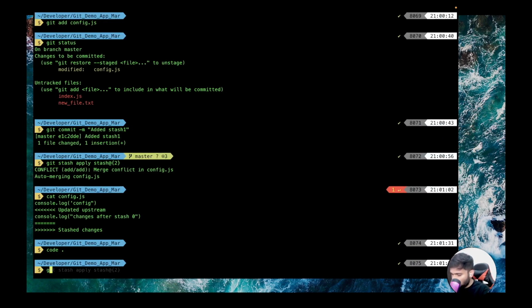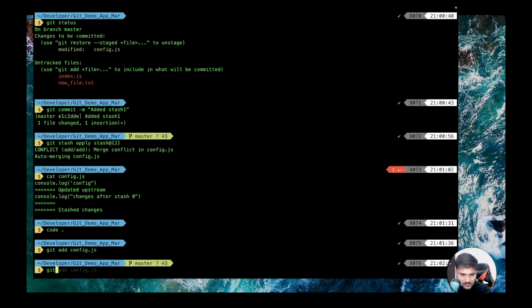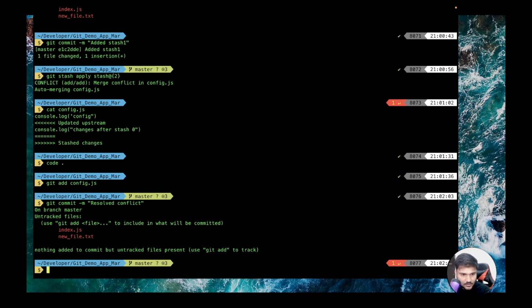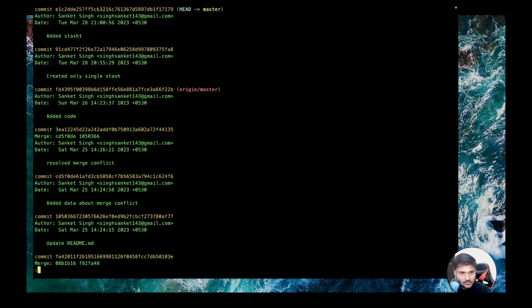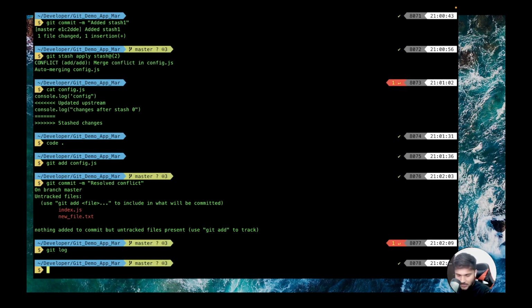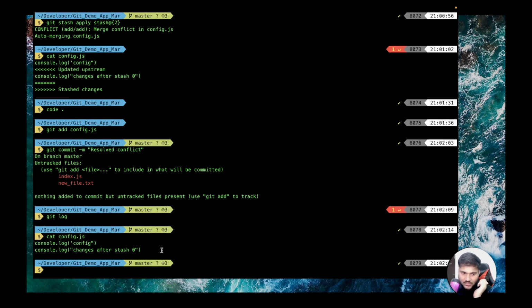And now you do git add config.js, git commit -m resolve conflict. Okay, you do git log, you have all the changes coming up, and now you do cat config.js, you actually have these changes coming up inside config.js.